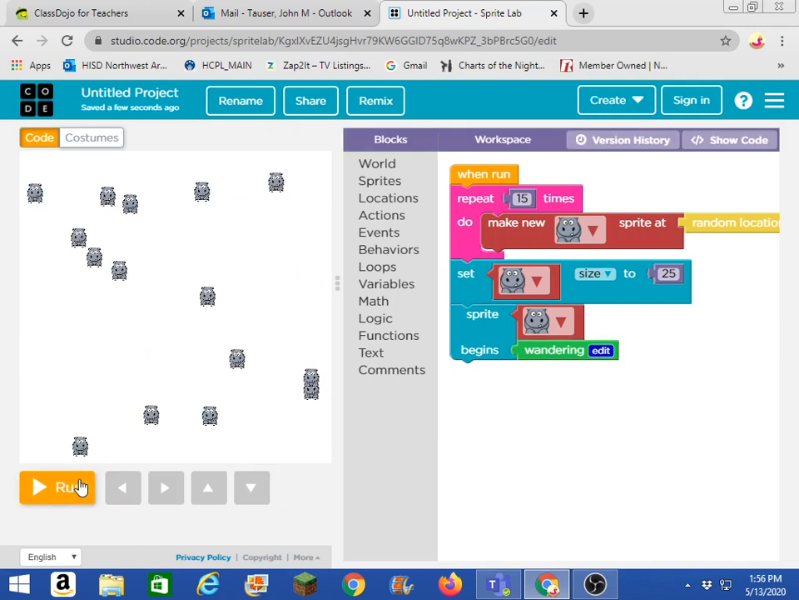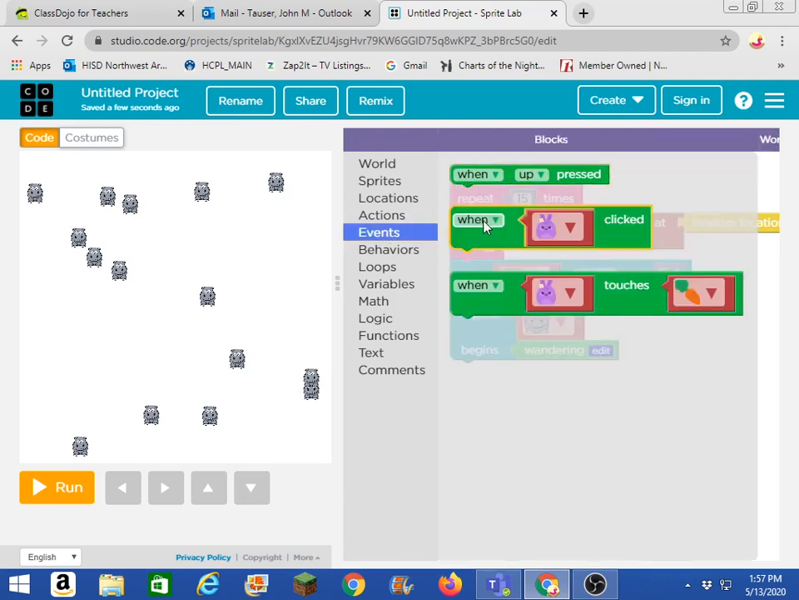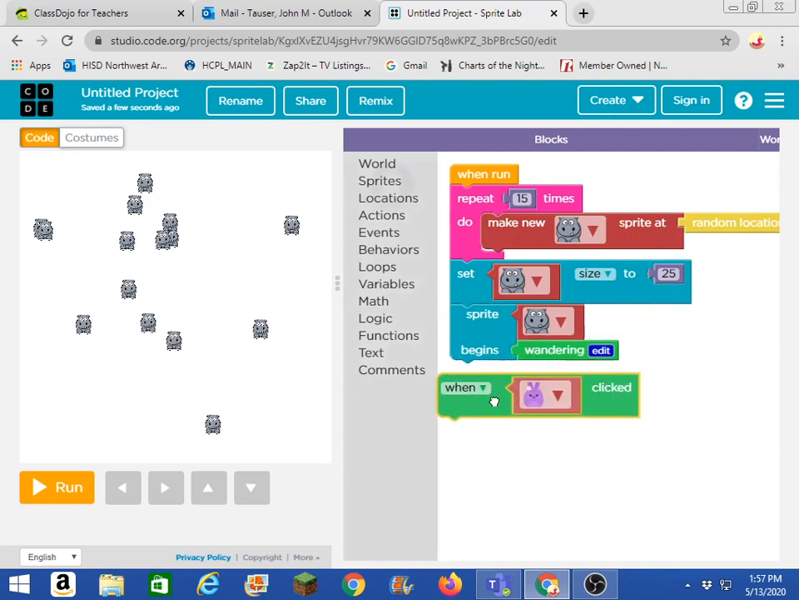Now, the next part of my game that I want to do is, the idea I have for my challenge is basically when the game starts, you're going to click on all the hippos and get rid of them. It's that simple. So to do that, I can use this event button, and see here there's when key pressed, when something's clicked, when something touches something. I need the when clicked